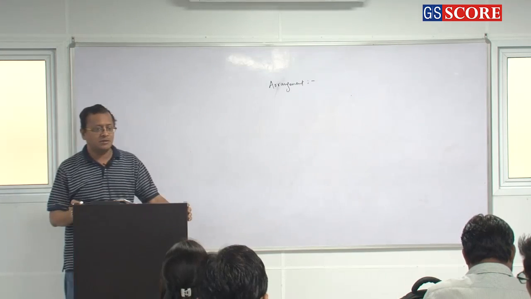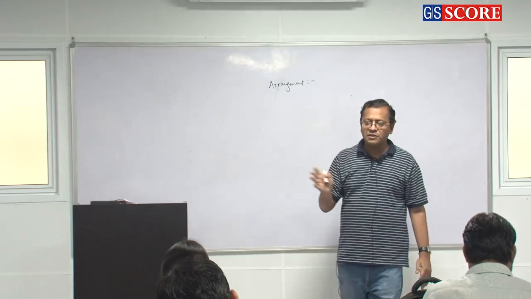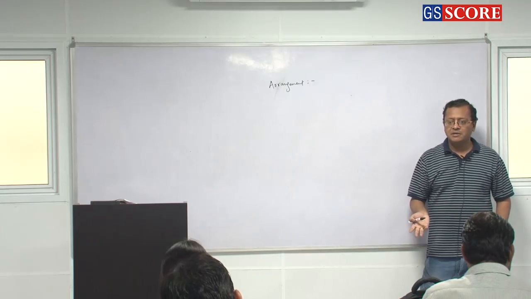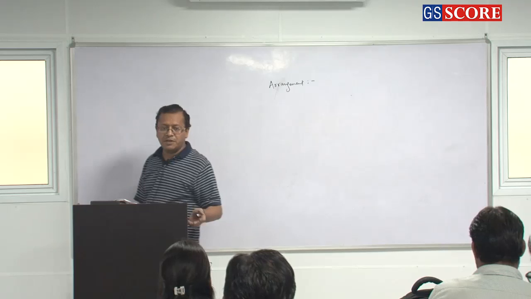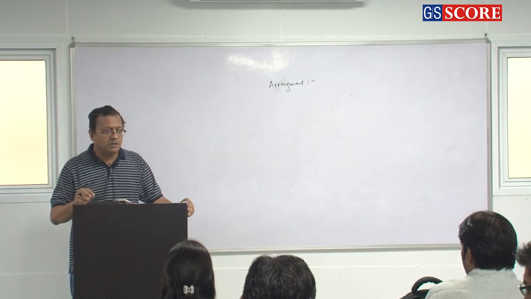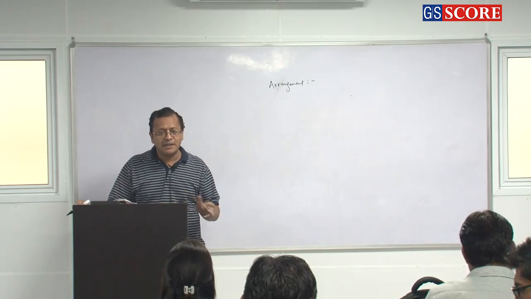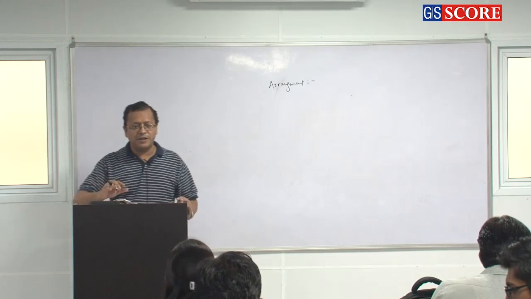Arrangement means what? Six people are sitting on six tables. Who is sitting where? Who is not sitting where? The question can be deterministic, or it can be non-deterministic. I have given two sets here in the question paper, one deterministic as well as one non-deterministic. Clear or not? So that you will find it out.